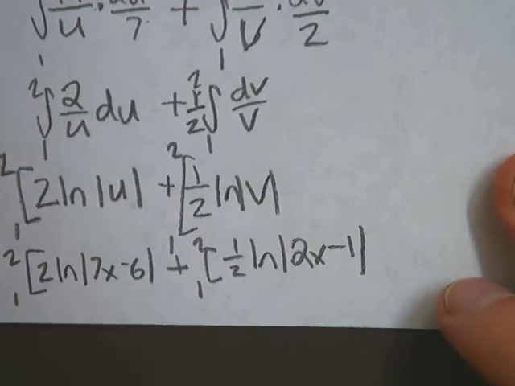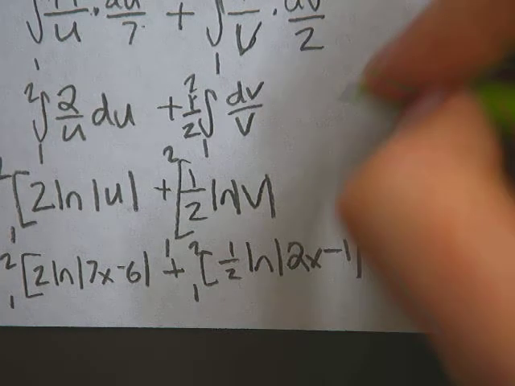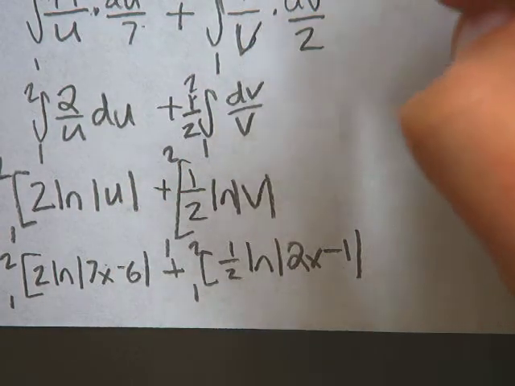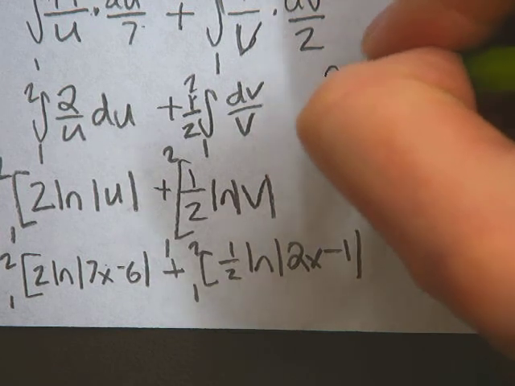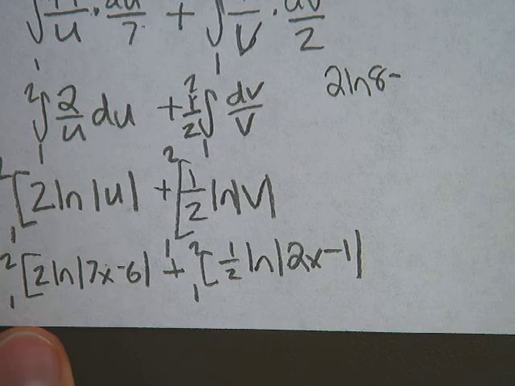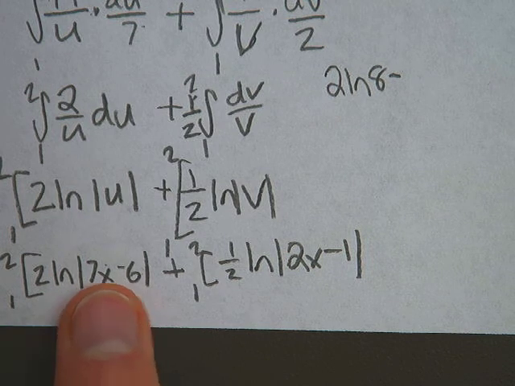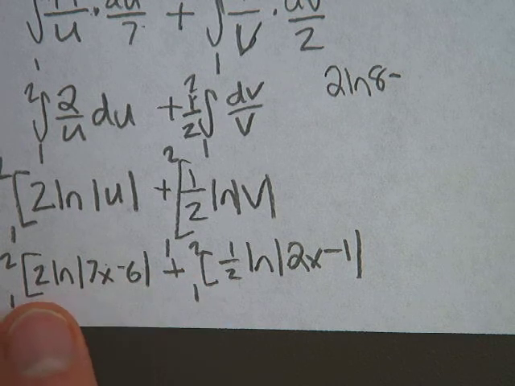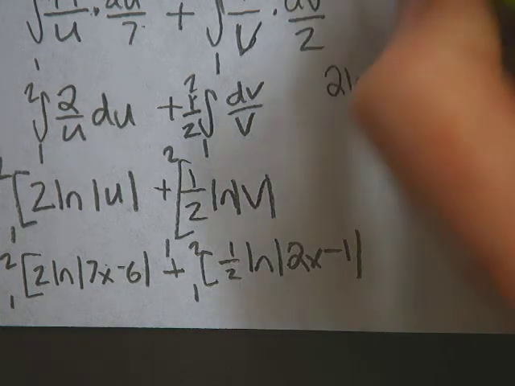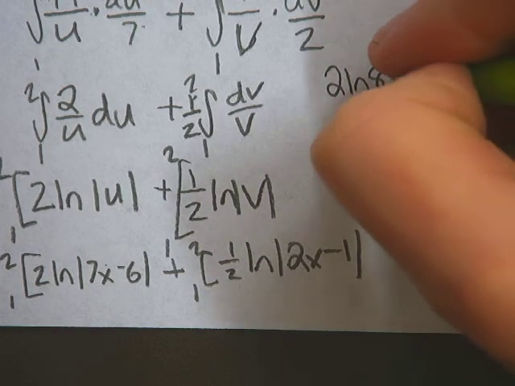So I'm going to do that over here. So if I plug in 2, I get 14 minus 6 is 8. So I get 2 natural log of 8. Minus, because I have to subtract the bottom term. If I plug in 1, I get 7 minus 6, 1. Natural log of 1, or log base anything of 1, is 0. So I'm just not even going to write that term. And I'm just going to add,